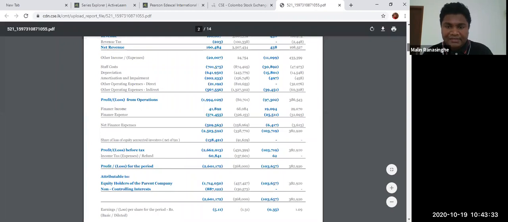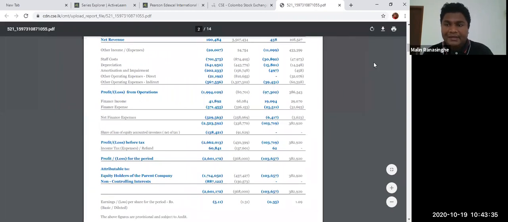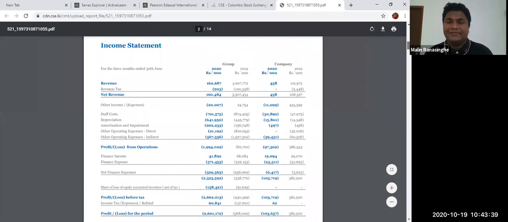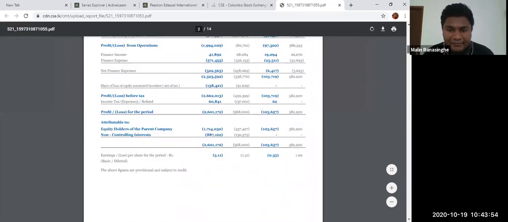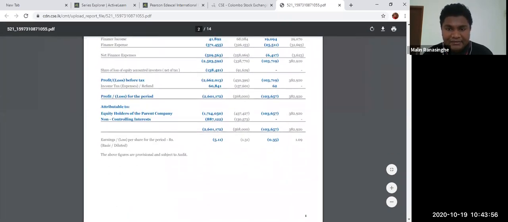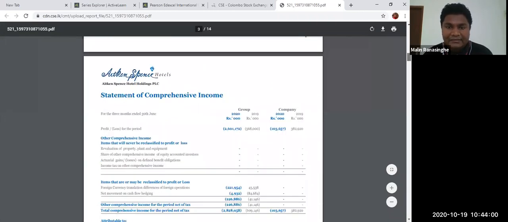Now you can see what happened to the margin. So can we calculate the gross profit margin, net profit margin? We can calculate, but with minus figures. Right here, the net revenue. You can see if you deduct the profit and everything, what happened? Everything, cost of sale, everything, revenue minus the net revenue and other income. Profit and loss 97 million. So negative values are coming, right? So you can see everything. Yeah, earnings go down, dividend goes down, everything like that.